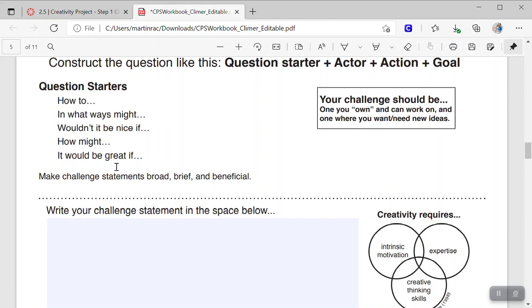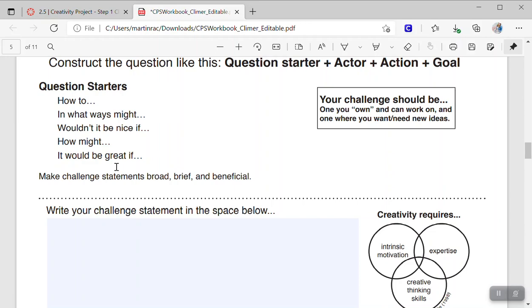So how might I create a space for a garden in my home? I'm not saying how might I get one lettuce, one tomato, and one basil plant to live all summer long. I'm not going into that detail, because maybe I'm just preparing my garden for the fall when I need to plant. And I haven't done enough research yet to know that's what I need to do for a garden at home, but I'm going to do as much as I can to get ready for it. So this is a pretty general, not too general, but a pretty general challenge statement that's going to lead to your idea or project.